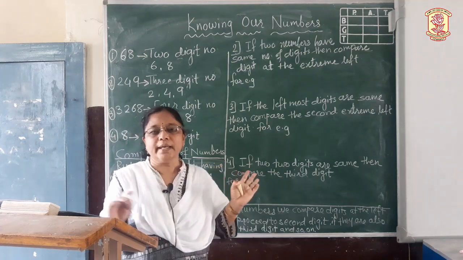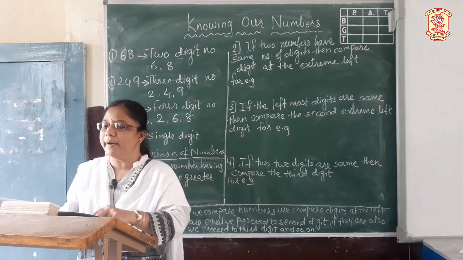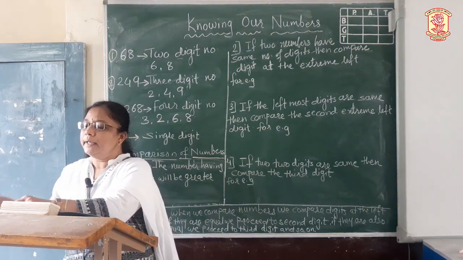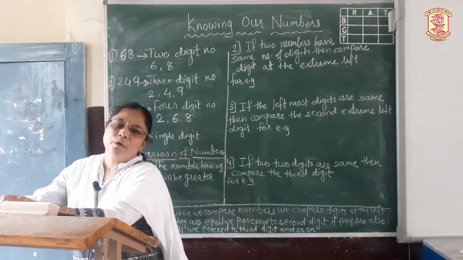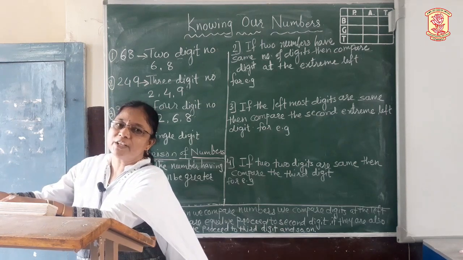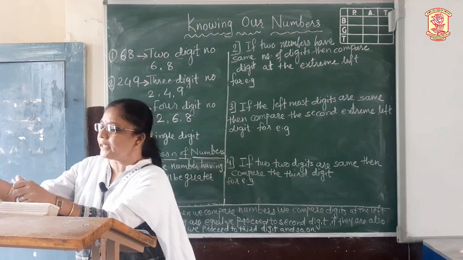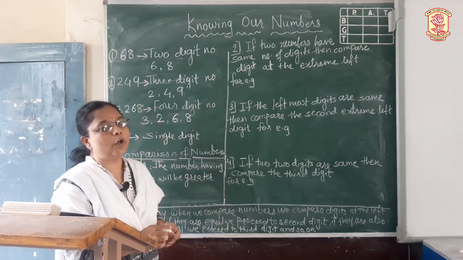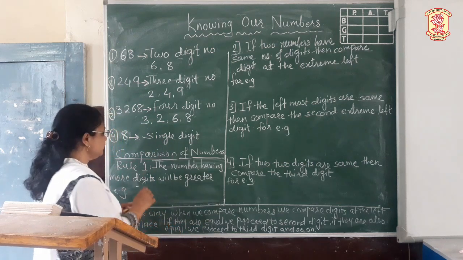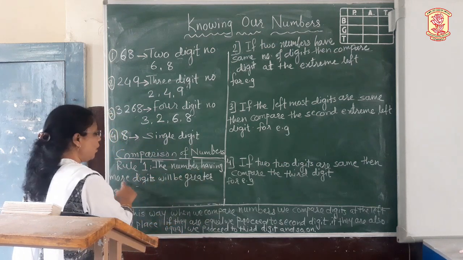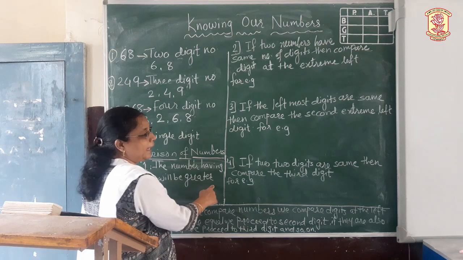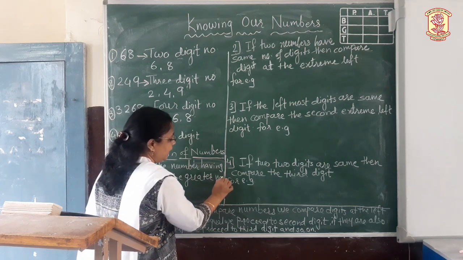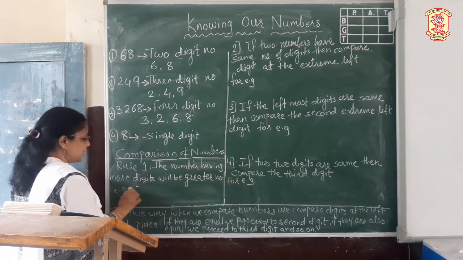Now we are going to see how to compare the numbers from a group of numbers, means which number is the greater and which number is the smaller. How to decide that we are going to see now. For that we have some rules. First rule. The number having more digits will be the greater number. Now see, for example,